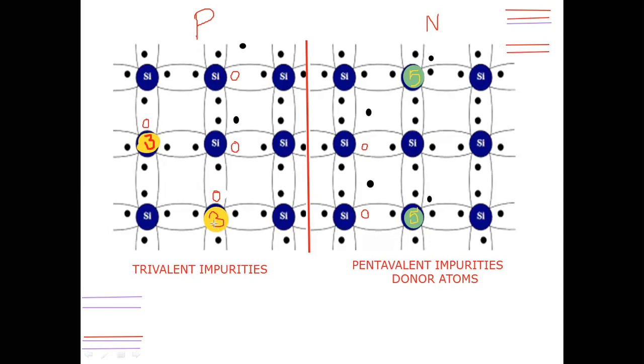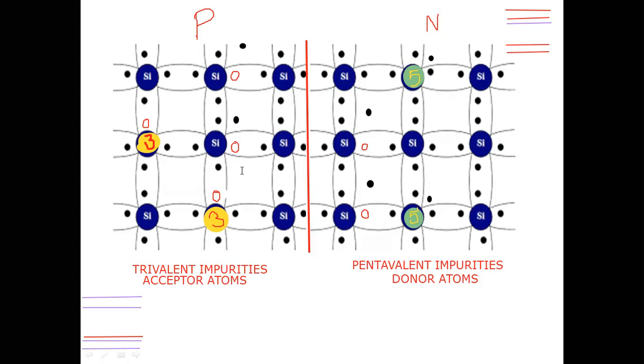Moreover, another thing: this is the trivalent impurity atom now. It has one hole here. It readily accepts an electron, since the hole is a positive charge particle. So these trivalent impurity atoms are also called acceptor atoms. Acceptor, as in accept, right? Why? Because they are accepting the electrons for the purpose of conduction. So that's why they are called acceptor atoms.